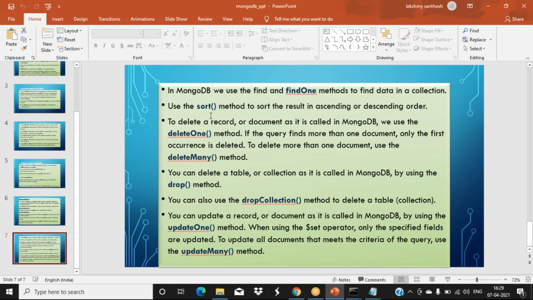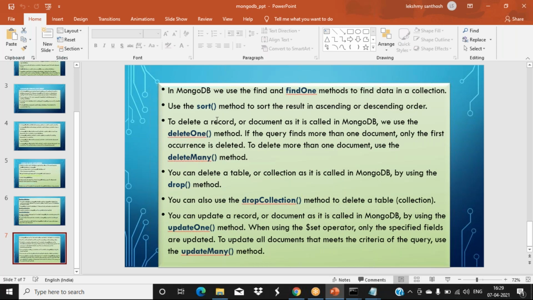In that also you can sort, if you want some arrangement. Which method can we use? The sort method. That will arrange the documents in ascending or descending order. We can just view them that way using the sort method.